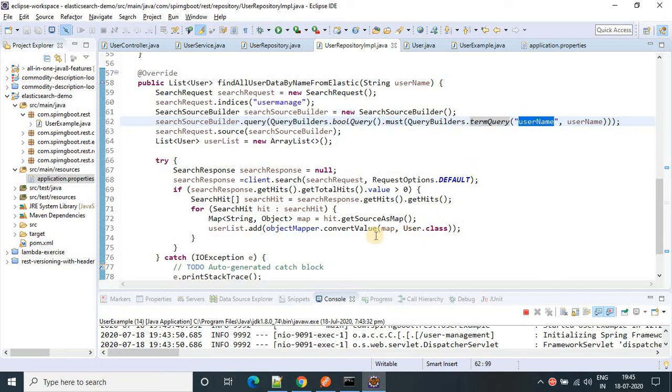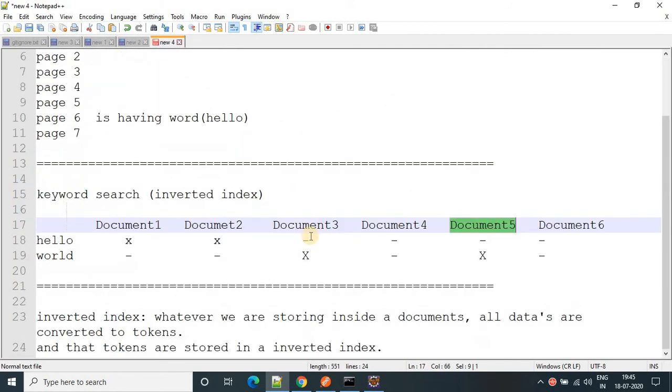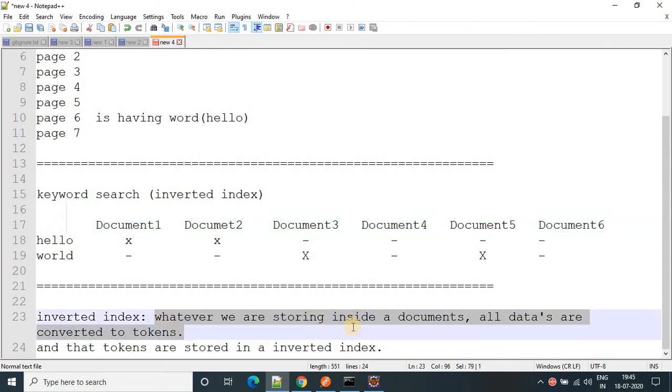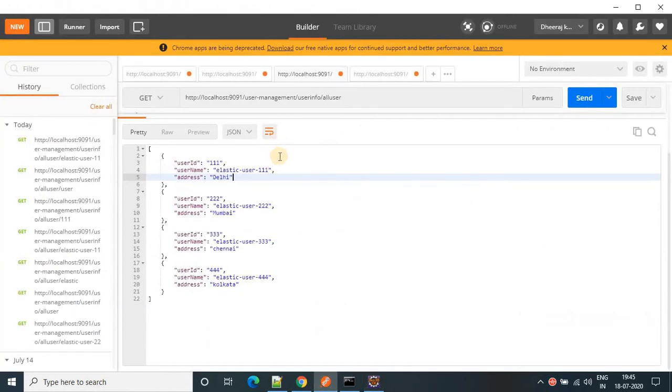If you remember, initially I told you that whatever sentence we provide to Elasticsearch is converted into tokens. Here you can see all data are converted to tokens. So when I'm trying to search this line, it means there are three tokens. Elastic is one token, user is one token, and 111 is one token.